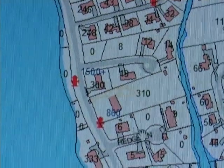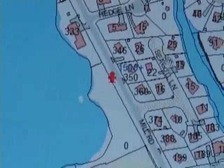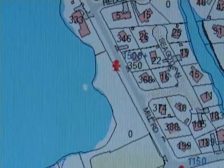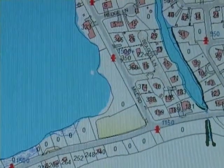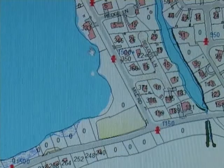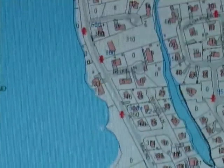Then we have Hedge Lane, and then we have Seagull Lane here, and then we're back out on Surf. So pretty straightforward. This house here is another house,